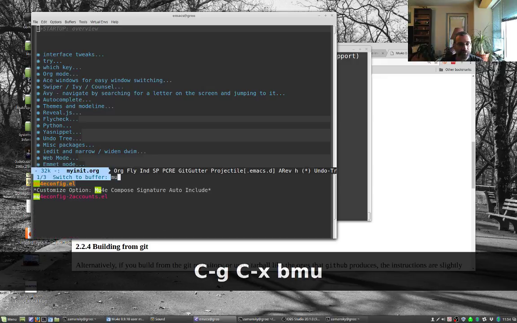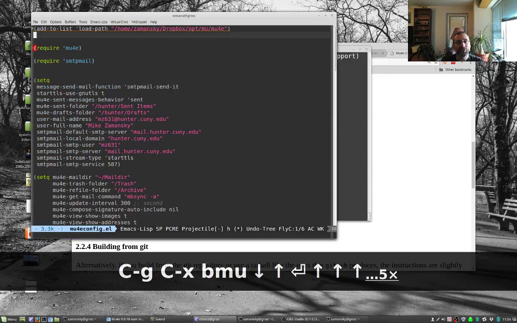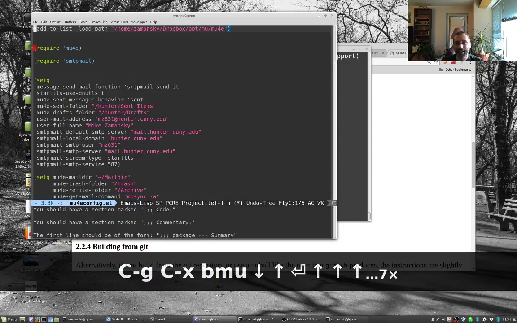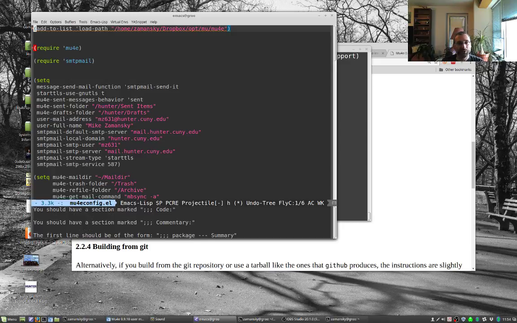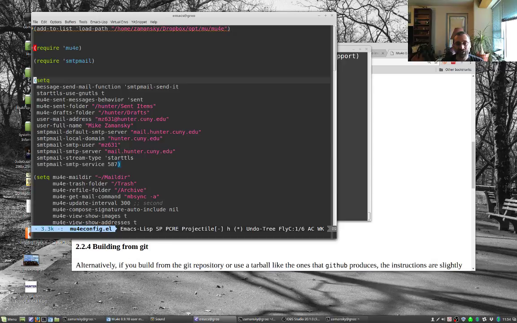Let's just go to the configuration file. And so here we have it. So notice that I have it pointing to that directory where I've downloaded the distribution. Then I require it. I require SMTP mail for sending mail. And all of this here is just configuration stuff that I found in the documentation and at various